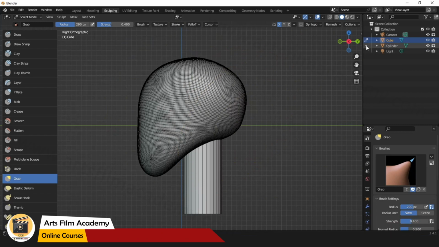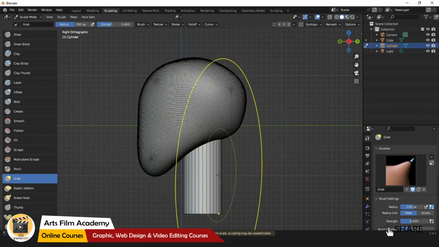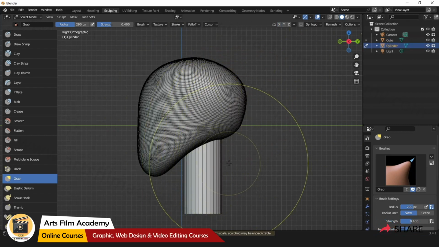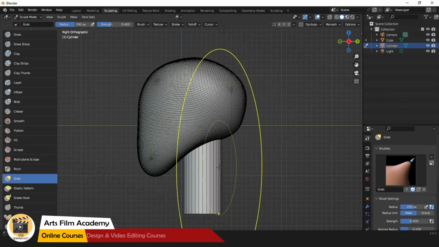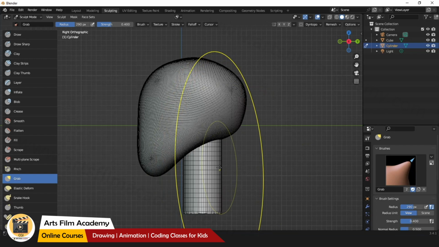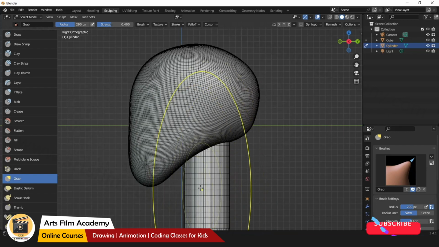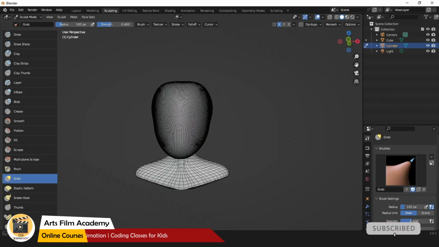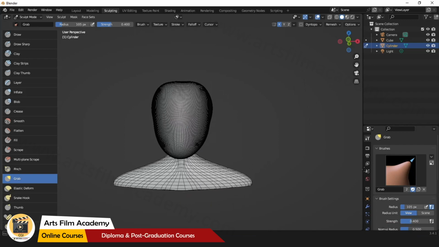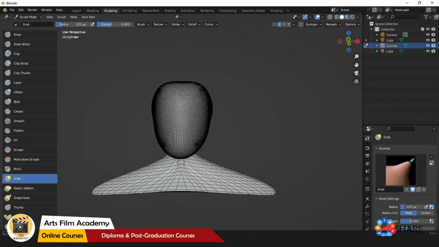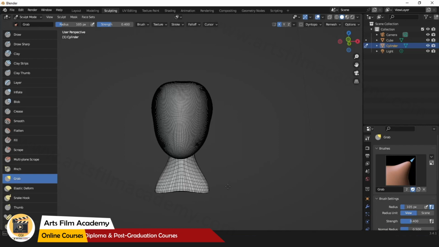I'm going to apply it for my cylinder. Okay, and we have decided what the density is, but we have not yet applied it. To apply it, you want to press Control R. So once you press Control R, now you can see here we have applied. When you are stretching more, what is happening here? The polys are becoming very big in size. So whenever you do more stretchy things, what you want to do, you need to